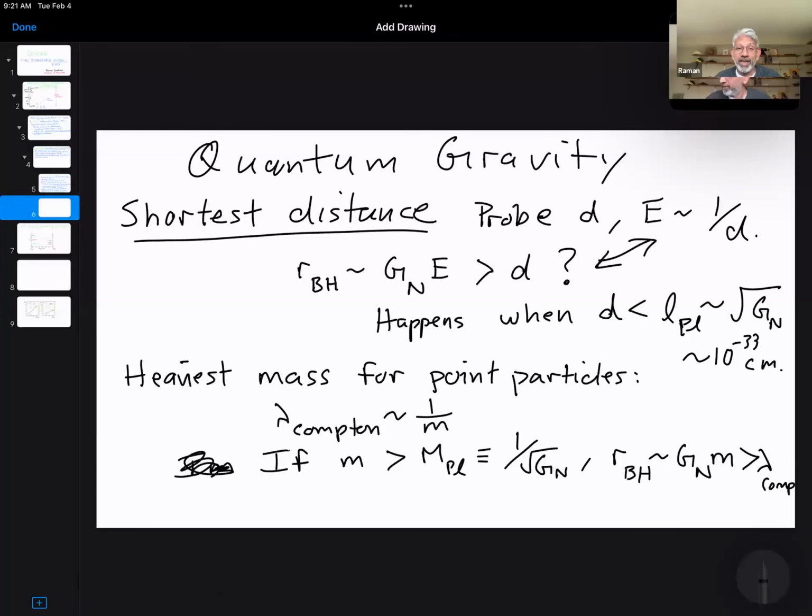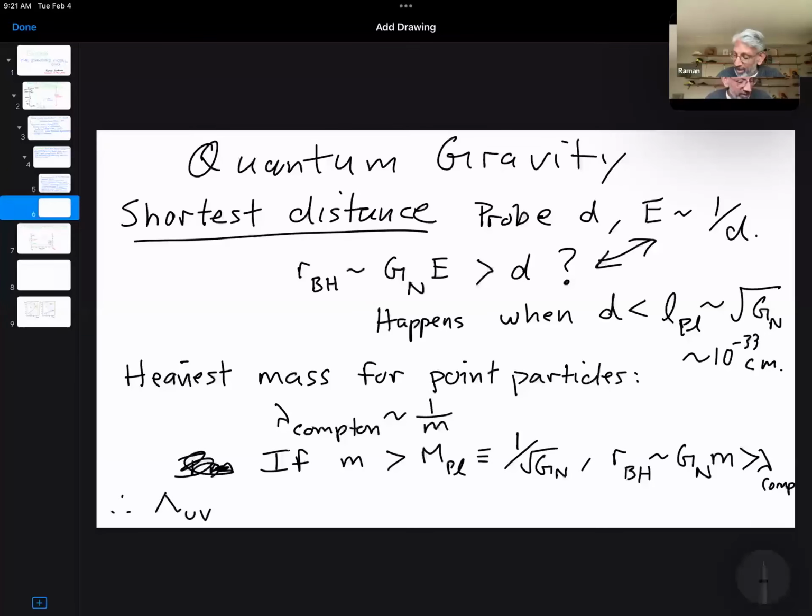Which means that if a particle mass is bigger than the Planck scale, instead of looking like a quantum particle, it will look like a classical black hole. Its Schwarzschild radius will actually be large, and you won't see the quantum mechanical nature of the point particle. So for both of these reasons, we can conclude that there's a kind of ultraviolet cutoff, lambda UV, I'm